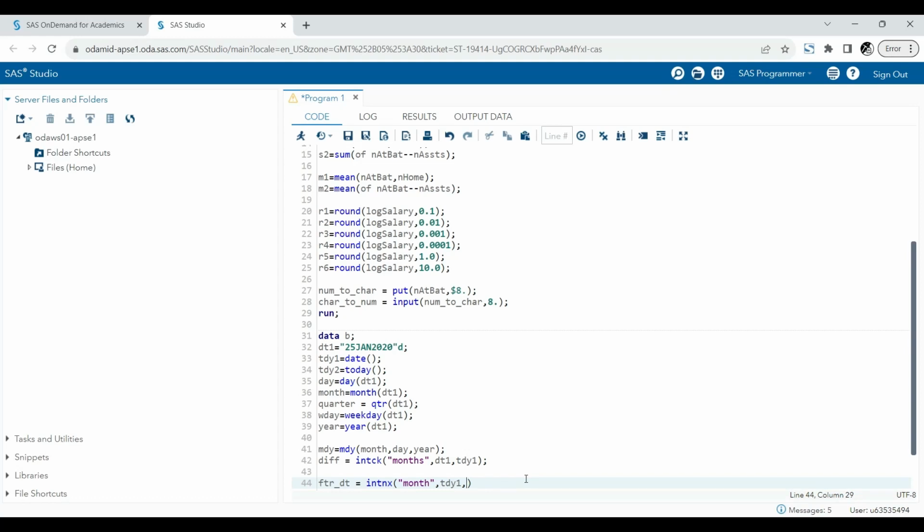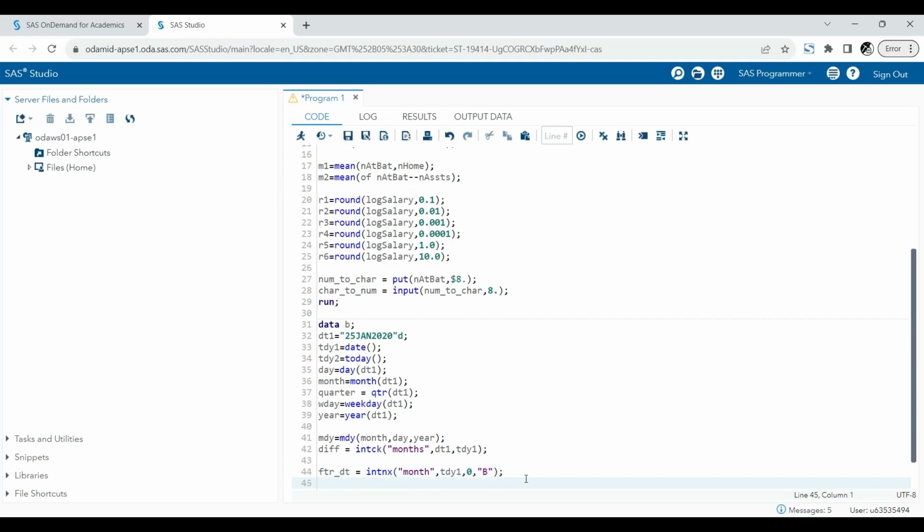If we need to go back to the previous month, we use -1. If we want to go to the next month, we'll use +1. Currently it's 0 and we need the beginning date, so it will be B. If we need the end of month, it will be E. If we need the mid of month, it will be M. So we'll use this. Now I'll run all these functions in one go